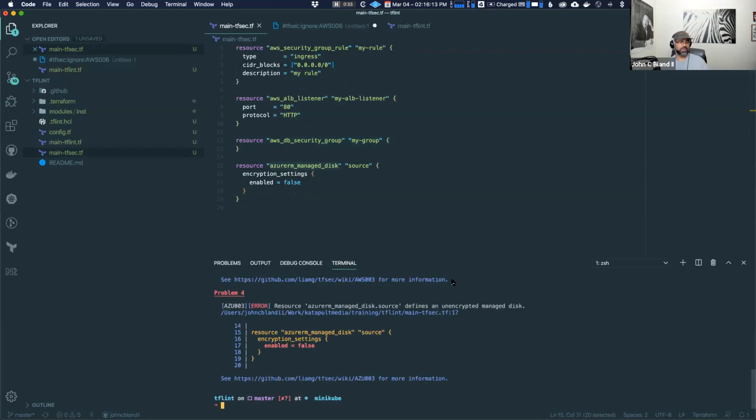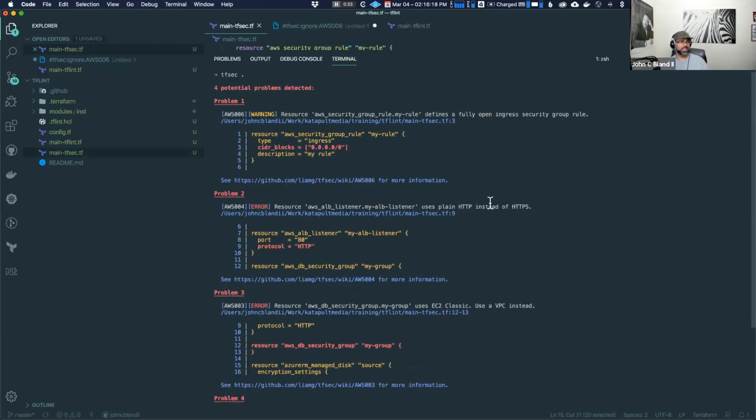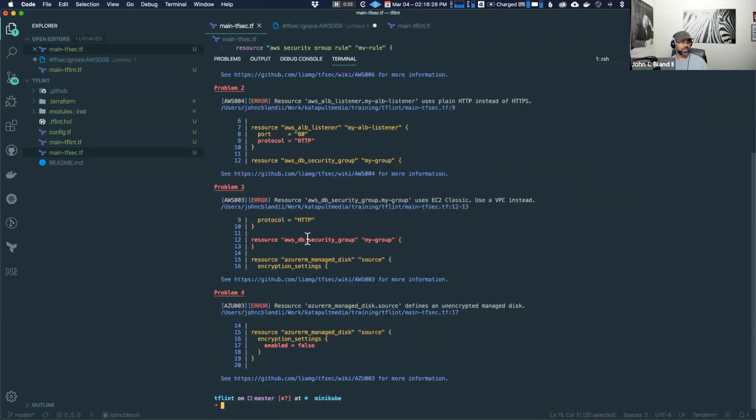In running tfsec here, let me expand this a little bit. It looks at my code and determines that this CIDR block should not be wide open, that you should use HTTPS, not HTTP, that this one is missing a VPC configuration, and this one needs to be secured or encrypted.